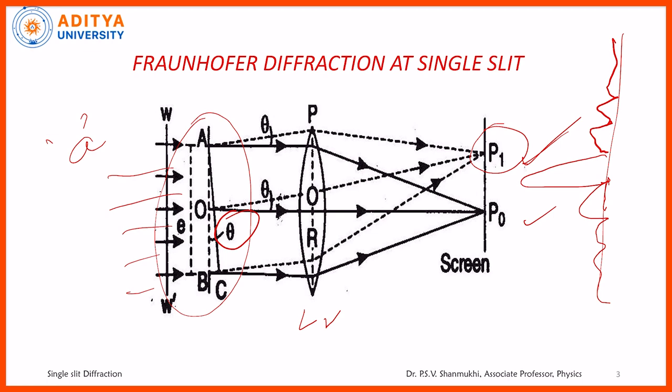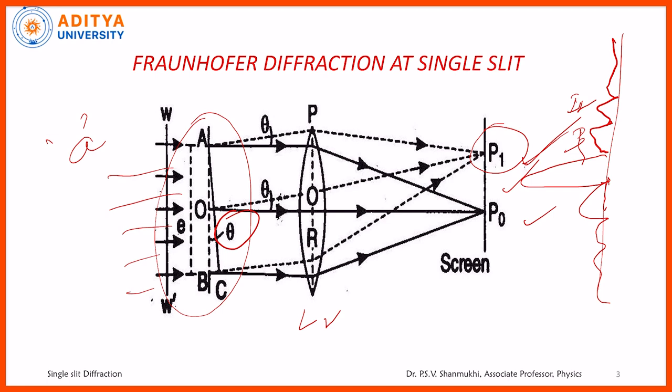Now we are going to analyze this mathematically. Where do we find the central maximum? Where do we find the first order maximum I1? Where do we find the second order maximum I2? Like that, we have to determine how much intensity there will be for each one, and we are going to analyze the intensity mathematically. For that, I am taking a rectangular slit whose width is small a and